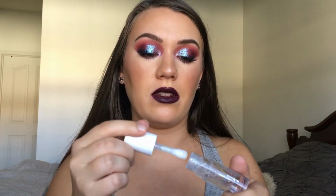It gives you that highlighted point on your face if you're putting it on your cheekbones, but it's a liquid and it doesn't dry down. So you're going to get your hair in your face if you have long enough hair to reach the front of your face. And you can use any product that looks like this, that is clear. You could just use a lip gloss on the high points of your face if that's what you choose. And they're a lot cheaper than this product,